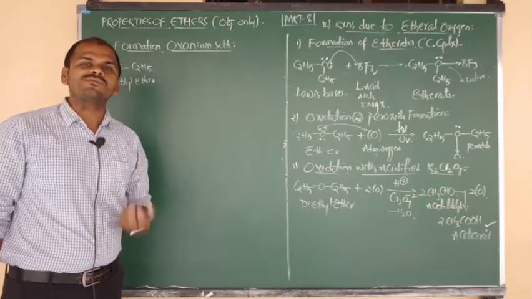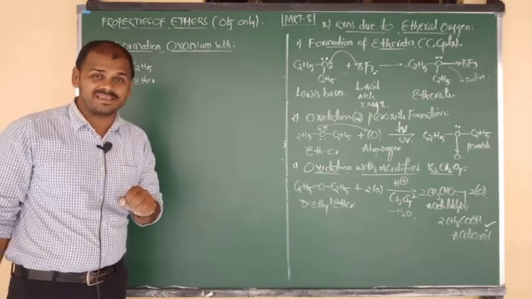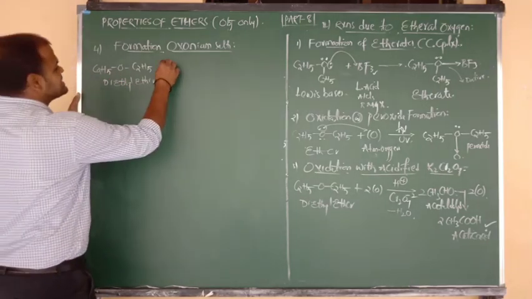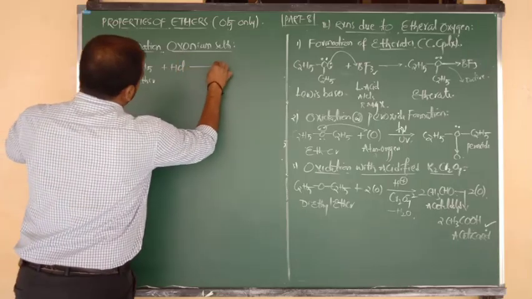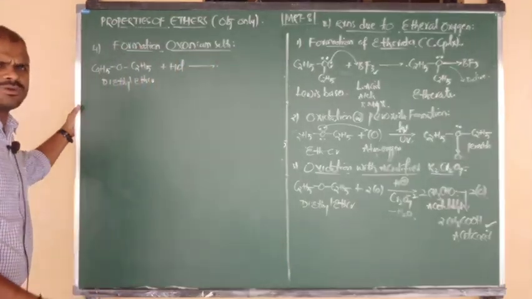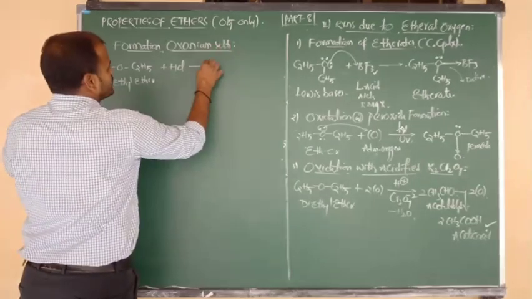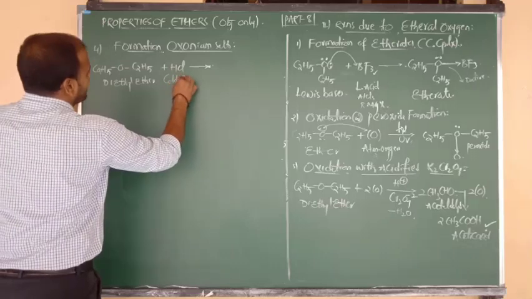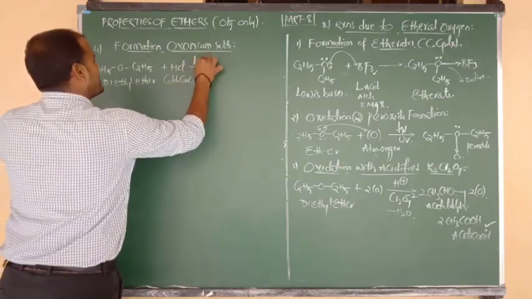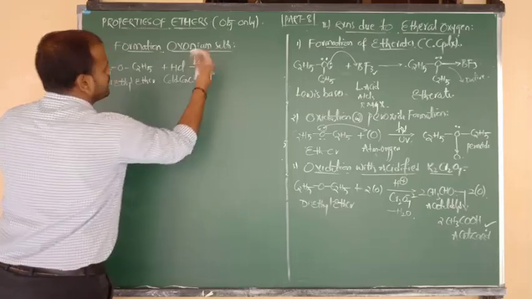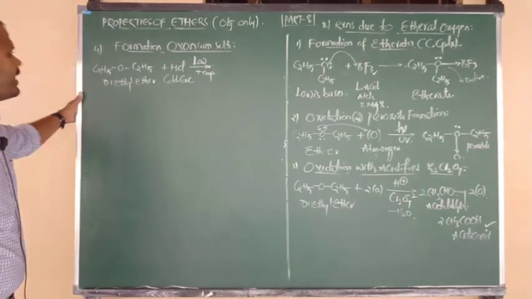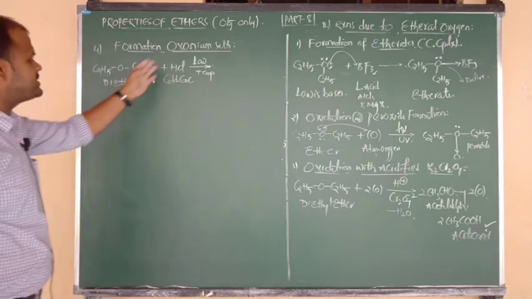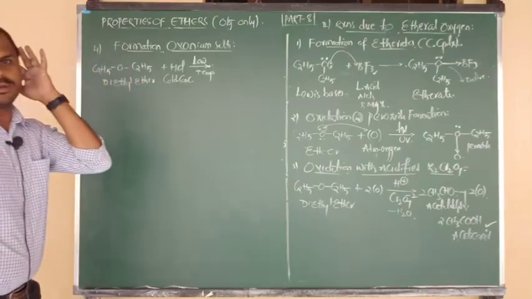Salts are formed by the combination of an acid and a base. But ethers are nothing but Lewis bases, that means they can undergo reaction with acid. The acid, for suppose, I am going to consider HCl, HBr, H2SO4, any respective mineral acid. The HCl is cold and concentrated, and this reaction takes place at very low temperature. There is no need to take higher temperature, because the reaction will automatically proceed, because ethers are lone pair donors and here HCl is an acid. When acid combines with base, it definitely leads to the formation of salt.